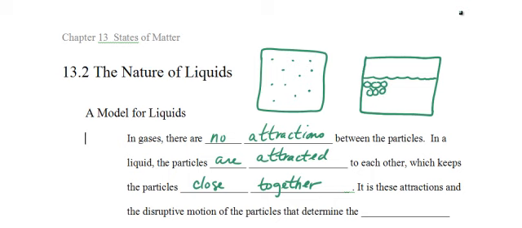These particles are going to be tightly packed together. Now they will not be in a regular pattern because they're moving around one another. They have enough energy to overcome attractive forces to where they can move around each other, but the attractive forces are strong enough to keep them tightly packed together, which is why they group together in a liquid,